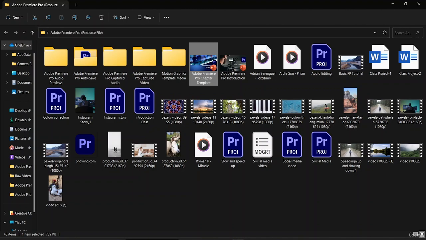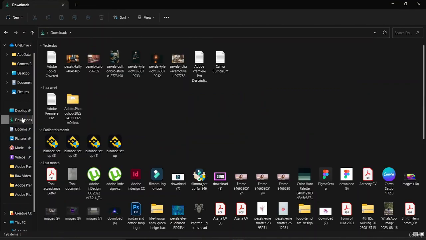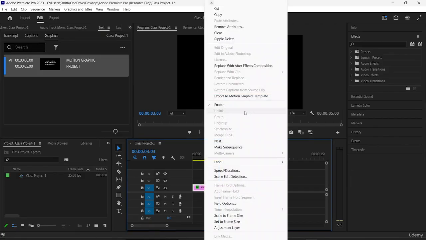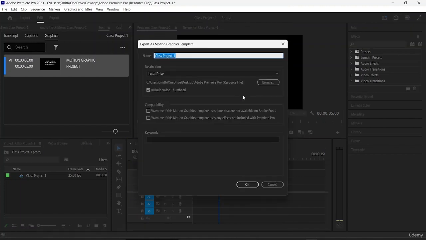But this is how you guys can basically export your files. For me, I have actually downloaded that particular motion graphic. If you want to check where you have saved, come here again, export as motion graphics, and you can select here in local drive where it will be